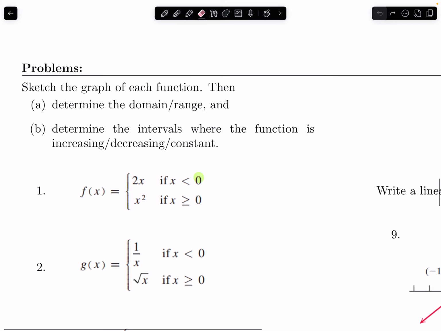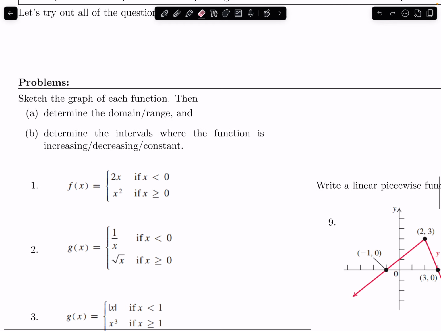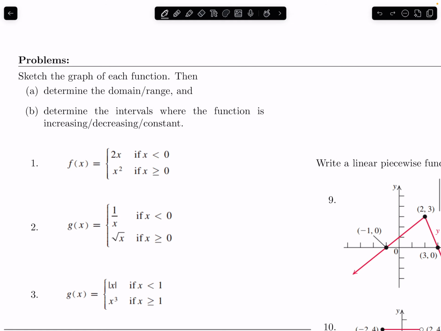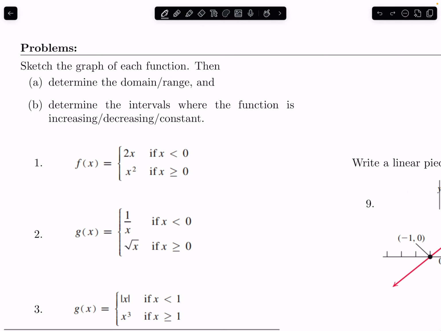Okay, we're going to go right to graphing these guys. And we'll treat number 1 as the example. And then you can try the rest of them, like usual. So it's to sketch, determine the domain, range, and intervals like increasing, decreasing. Okay, so we're going to try to blast through these guys. I'm not going to give a super detailed graph because we spent so much time graphing in the beginning. So now is when we just go